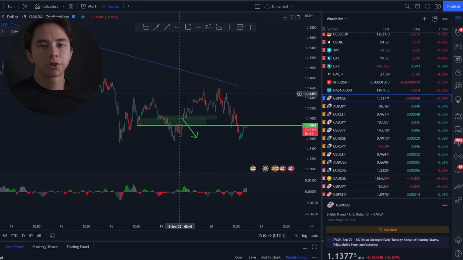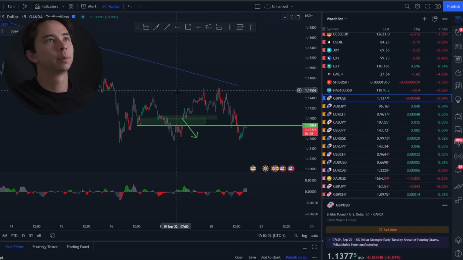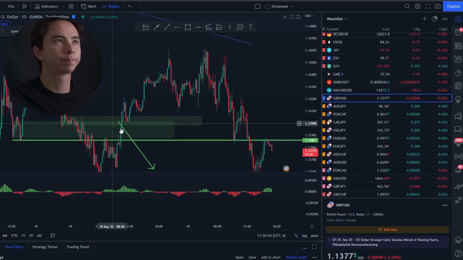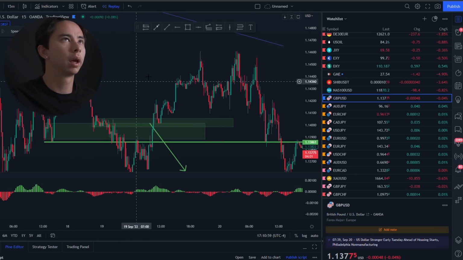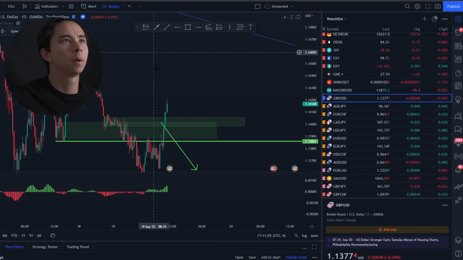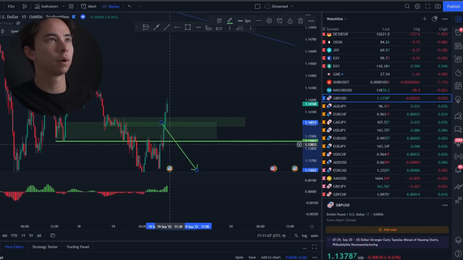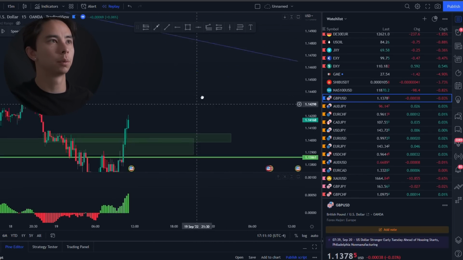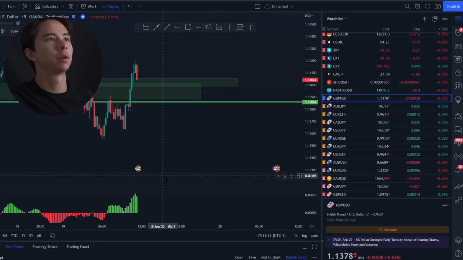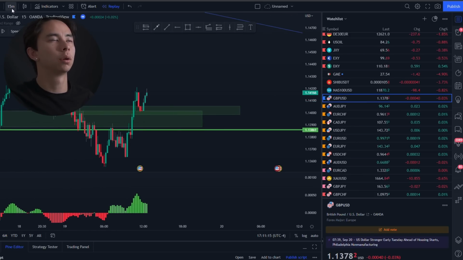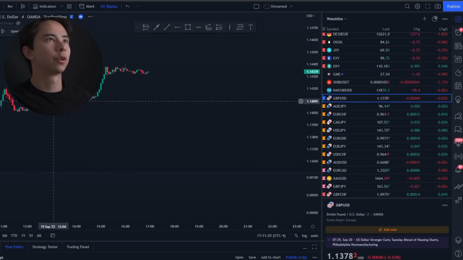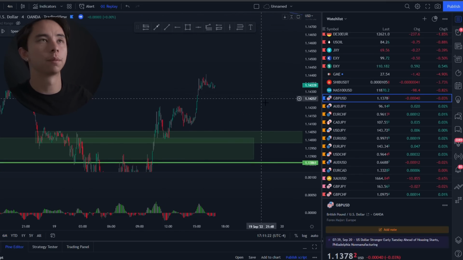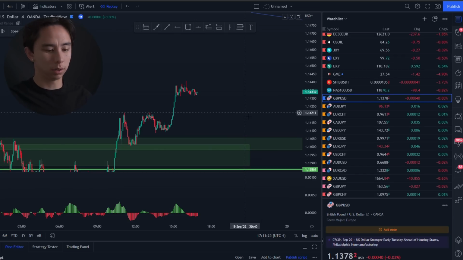Okay, so actually yesterday in my premium group, I was talking about how I was looking for a trade up here, up in this zone here, and let me actually just replay to that position. I was looking for a trade up here, but price was steadily just kind of rising up here, and as you can see, we weren't really losing momentum. We were kind of going higher and higher and higher. So I told myself, okay, I'll wait, I'll drop to the lower time frames, and I'll wait for another entry. So I dropped to the 4-minute time frame, and I was waiting for